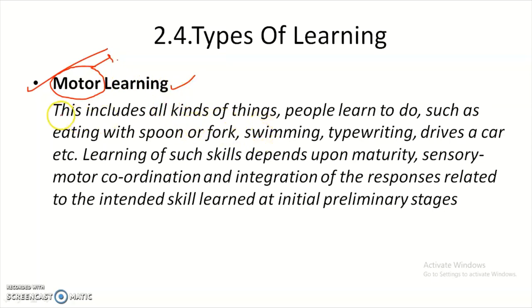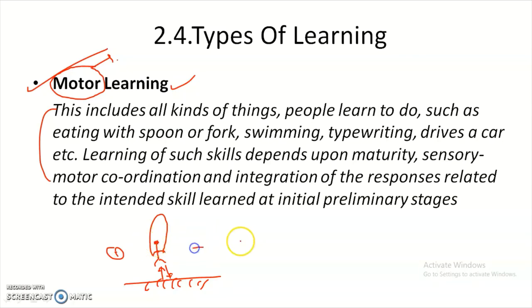Before going into the definition, I will say one thing. If any person starts skipping with a rope, let's take it on the earth surface, and if it is the first time for this person, then he can't skip properly. Why? Because his mind cannot guide him when the rope will come down, how much force he has to apply to jump up, what is the length of the rope, and when he has to come down. Initially his mind cannot decide all these things.